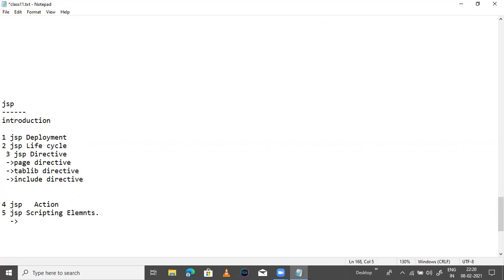Inside the JSP scripting element, three elements are there. First is declarations, expressions, and scripts.